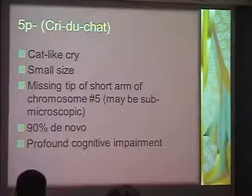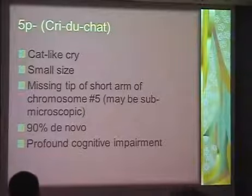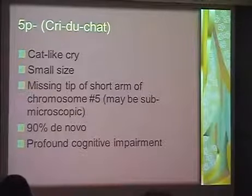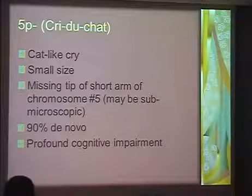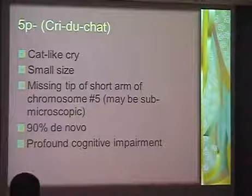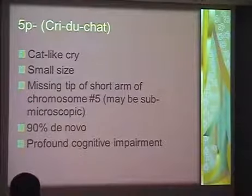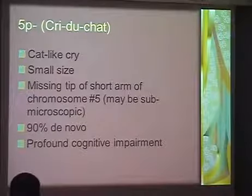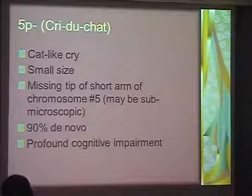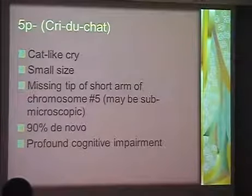And what causes Cri du Chat is the missing tip of the short arm of chromosome 5, which sometimes can be seen with a chromosome analysis, often may need an array or FISH to be seen. So a lot of the cases are submicroscopic. 90% of the kids we see are from a parent who has a balanced translocation involving the tip of 5 and another chromosome. And again, they have profound cognitive